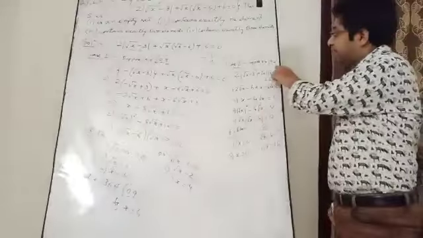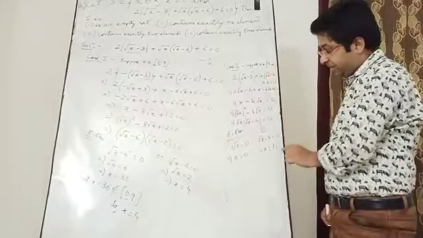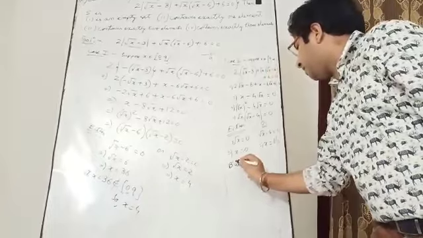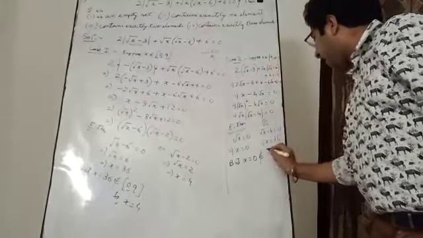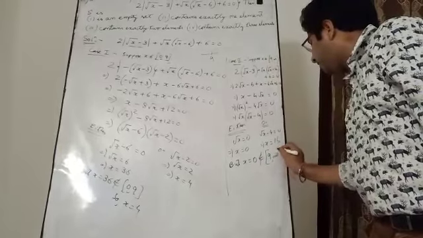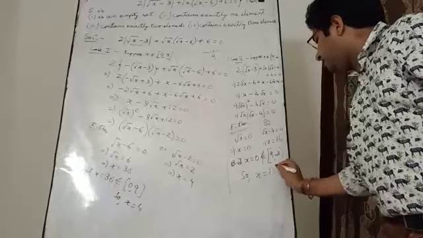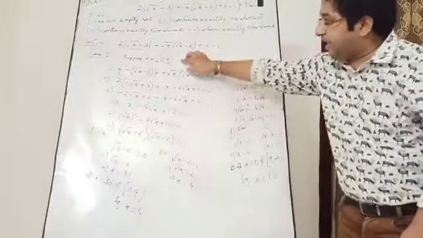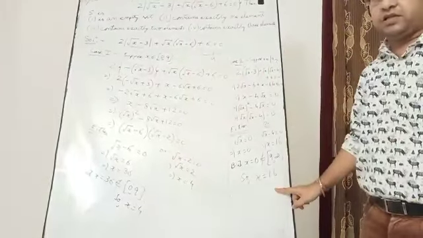So from here you got x equal to 0 and from here you got x equal to 16. Again 0 is not in this case. See, x equal to 0 doesn't belong to here, it doesn't belong to 9 to infinity. But 16 belongs to here. So x equal to 16. So in this case you got x equal to 4 and in this case you got x equal to 16.